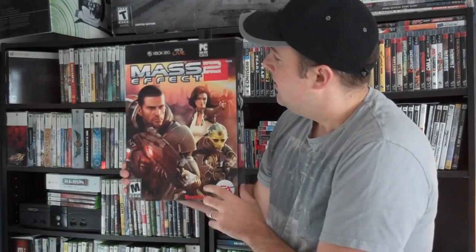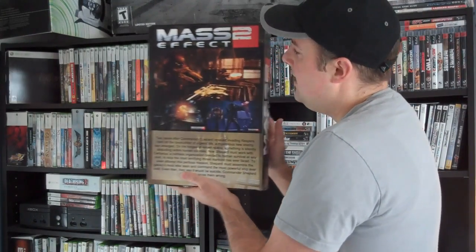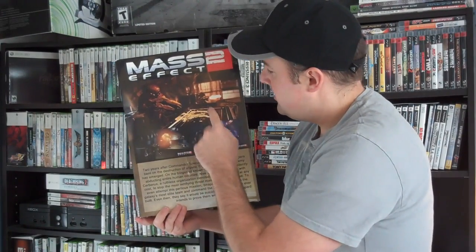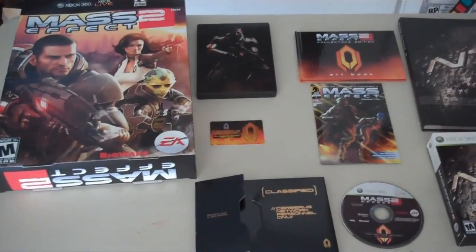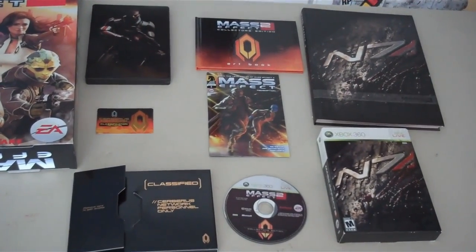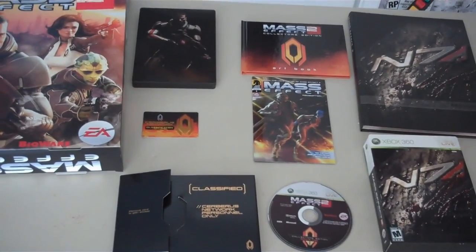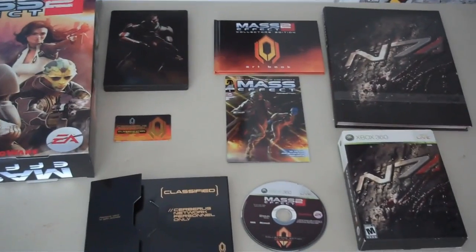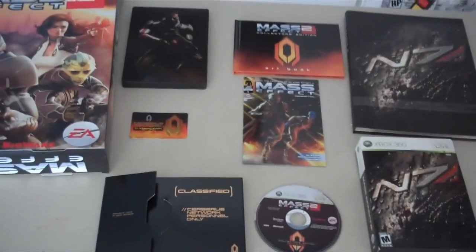Basically what it is, it's the ultimate collector's edition for Mass Effect 2. I've got this large display box, and inside of it, it's got some nice pictures of the collectors, and inside of it, I've got, of course, the collector's edition for Mass Effect 2, which has a whole bunch of really cool stuff: a really nice art book, a behind the scenes making-of DVD, a comic book, and of course,